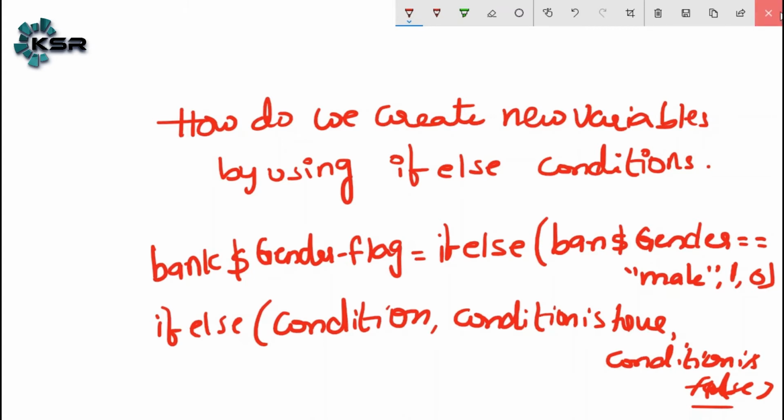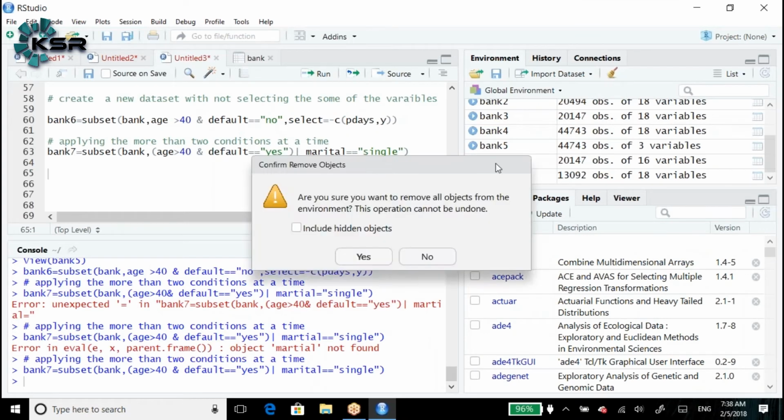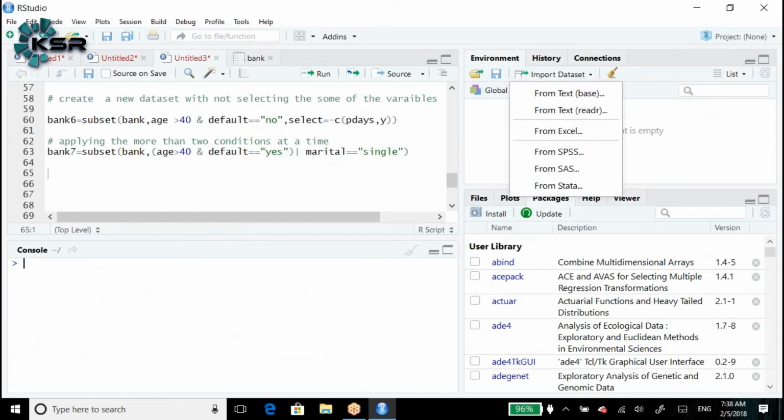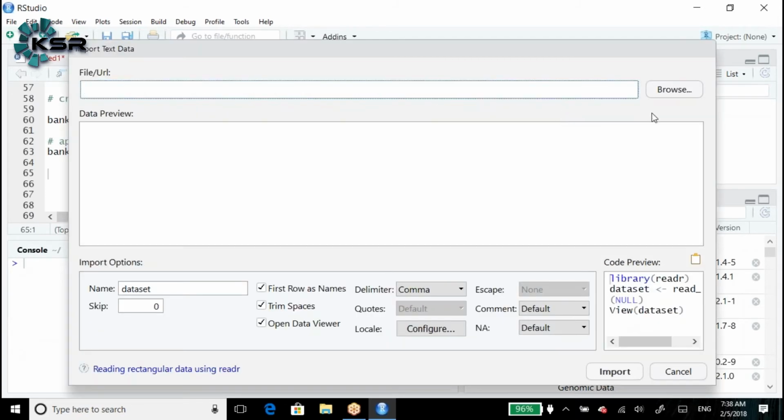Okay, let me clean all these things. Let me import one more data set.